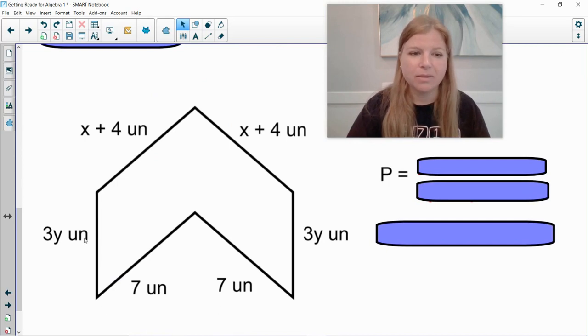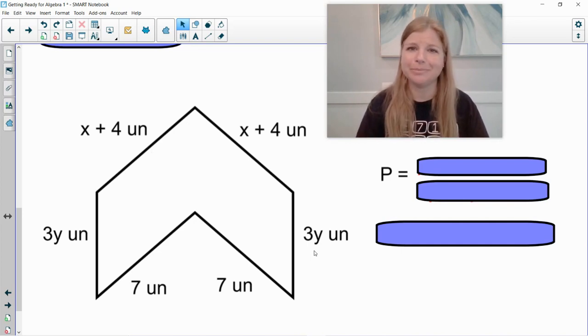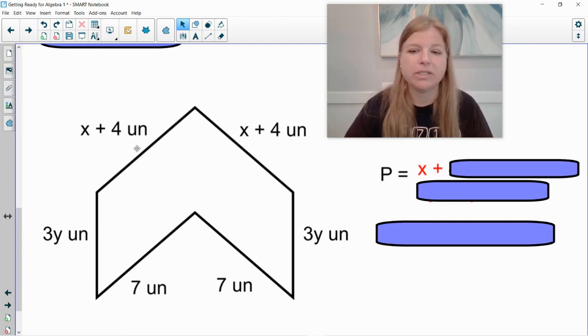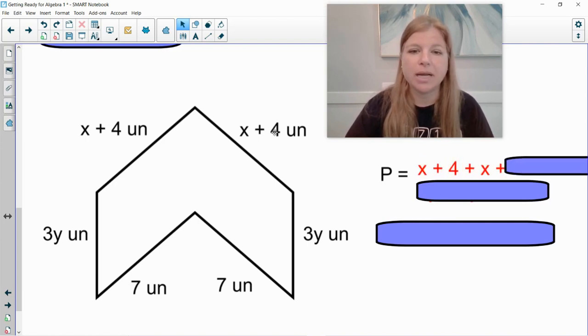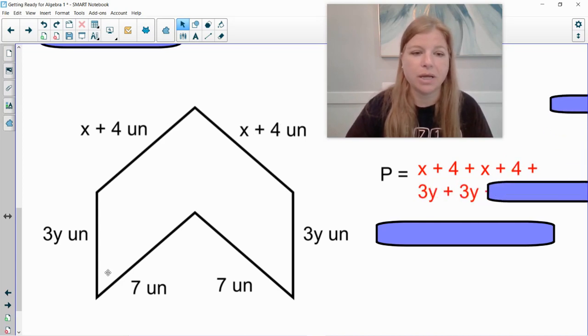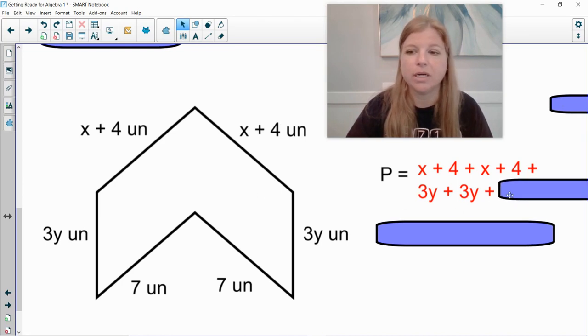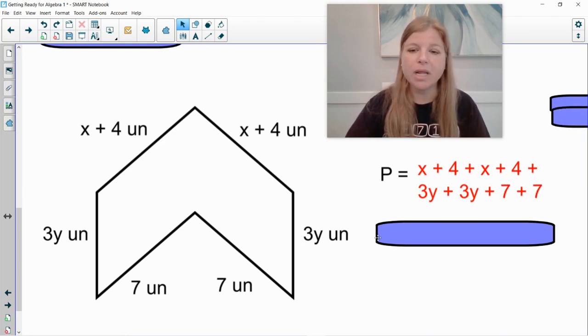And then the last one. Let's see, this has 1, 2, 3, 4, 5, 6. Do you remember a 6-sided figure? I hope so. 4 is quadrilateral, 5 is pentagon. What's a 6-sided shape? I hope you said hexagon. It's hexagon. Okay, so if I go to add up all of these expressions together, again, doesn't matter which side I start with. If I start up here with x plus 4 plus another x plus 4 plus 3y plus another 3y, I kind of jumped around the figure, plus 7 plus 7, and I want to add all of